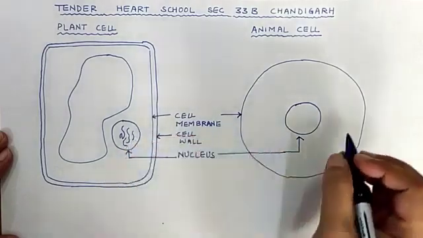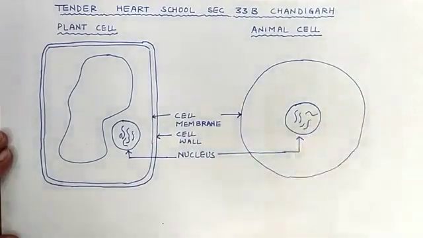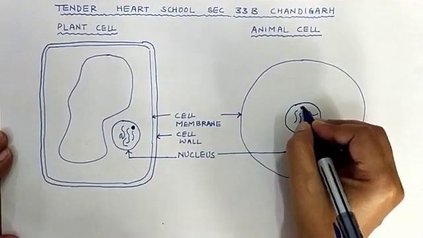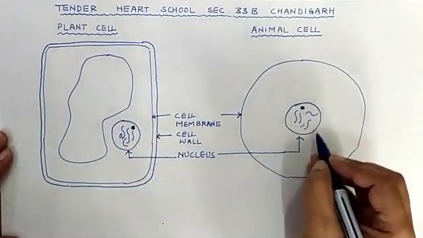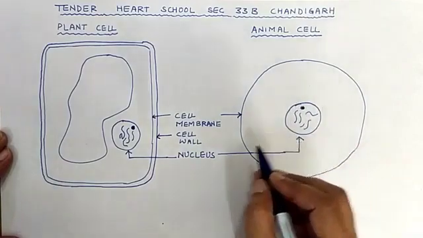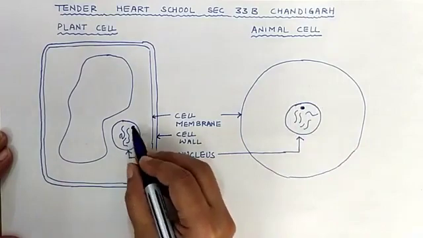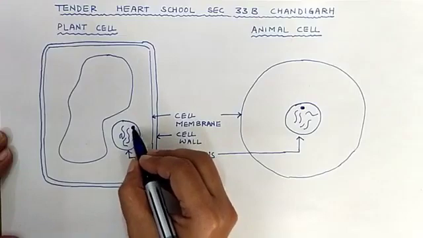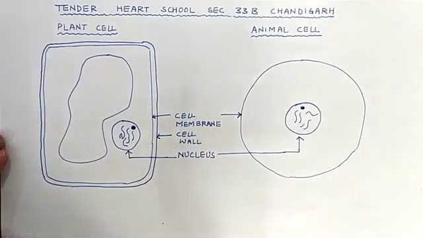Okay, now inside the nucleus you can show the chromatin fibers, the chromosomes or the chromatin fibers, right? And also a nucleolus which is present inside the nucleus, and nuclear membrane which is covering the nucleus. So all these are the structures present within the nucleus. Nuclear membrane is the covering of the nucleus. Inside it we have the chromosomes and we have the nucleolus, right?